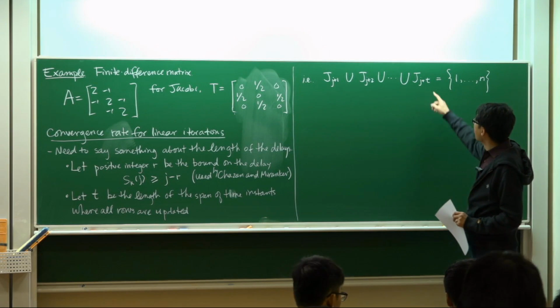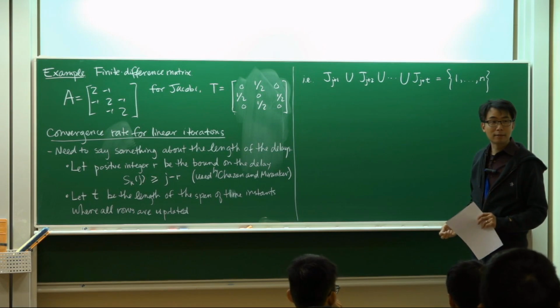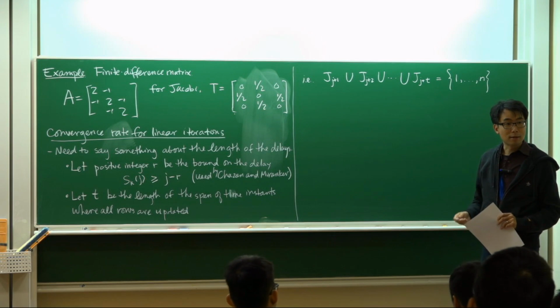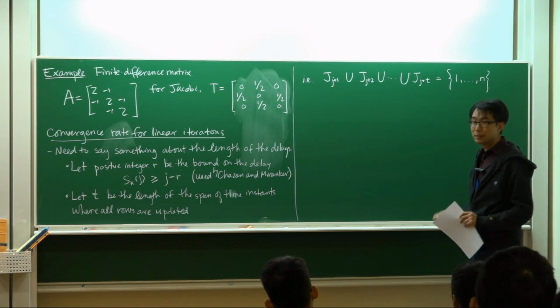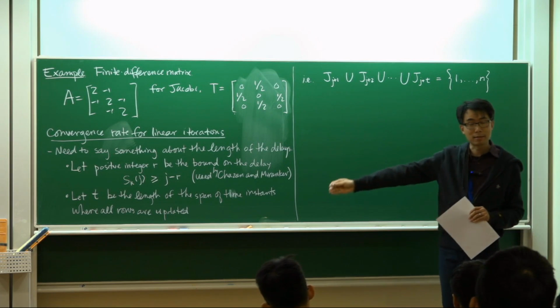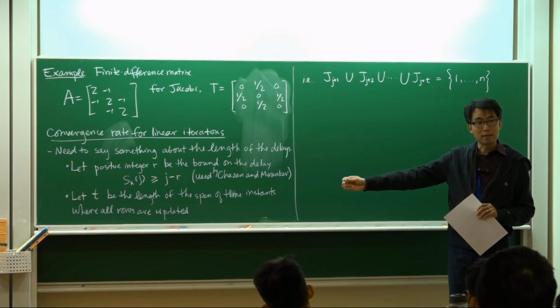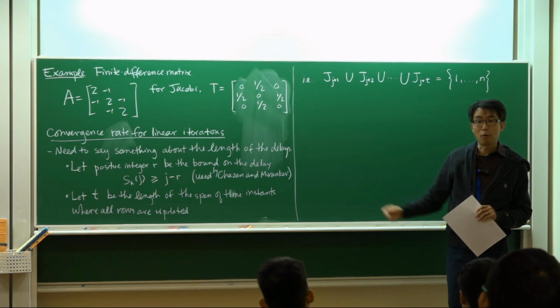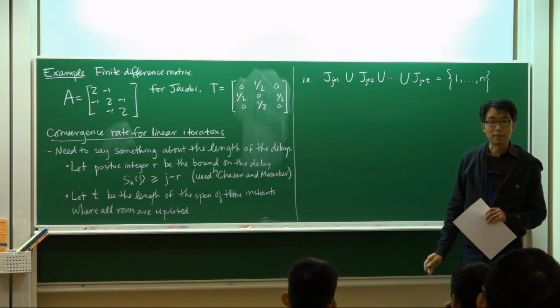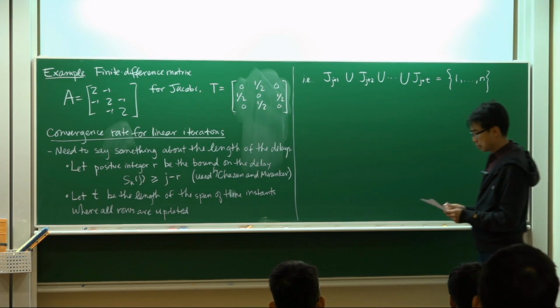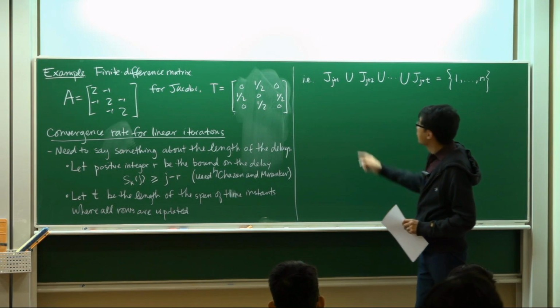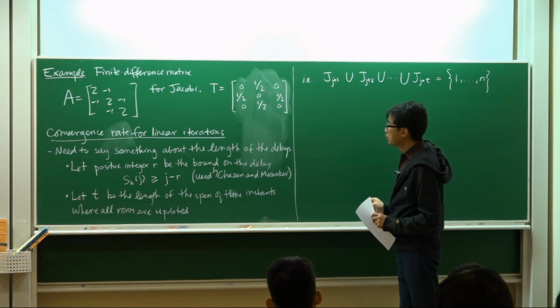So a small value of t means that elements are updated frequently, and a very large value of t means you have to take a lot of these time instants before all of the elements are updated. So small t would imply faster convergence. So if we define r and t this way,